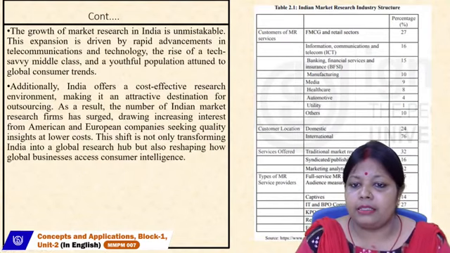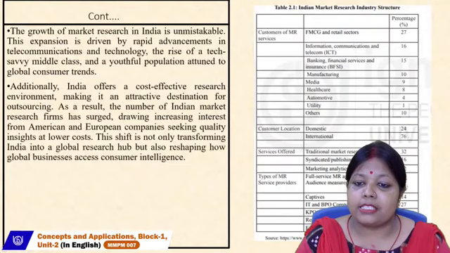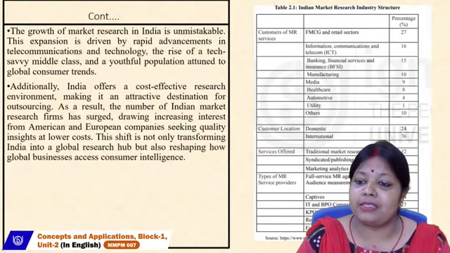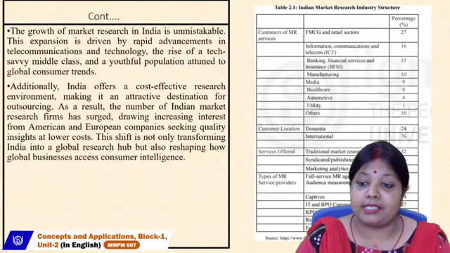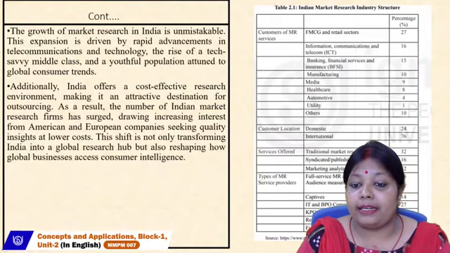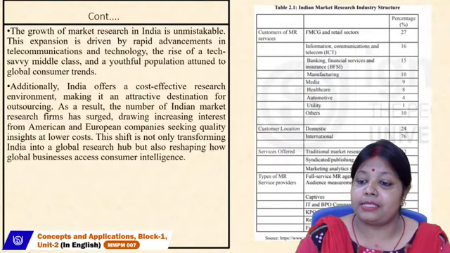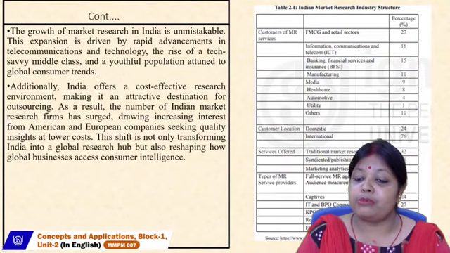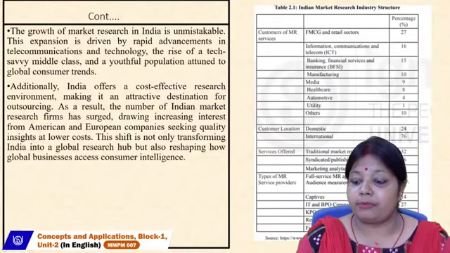If we study the customer location, that is domestic or international, it is 24 and 76 percent only. Services offered in traditional market research are 32%, whereas syndicated or publishing services are only 16%. So marketing analytics services is 52%, and these are the other marketing components and their percentage contributions compared here. The lowest one is field marketing agencies, only 1%.